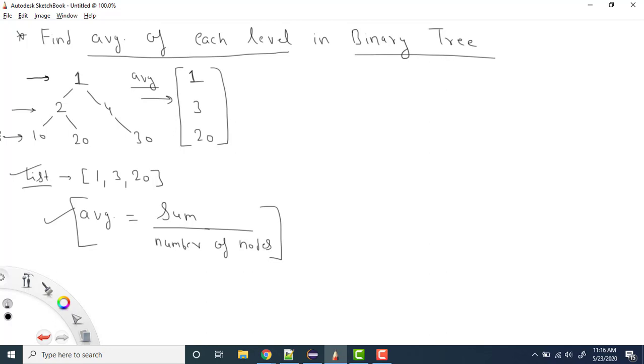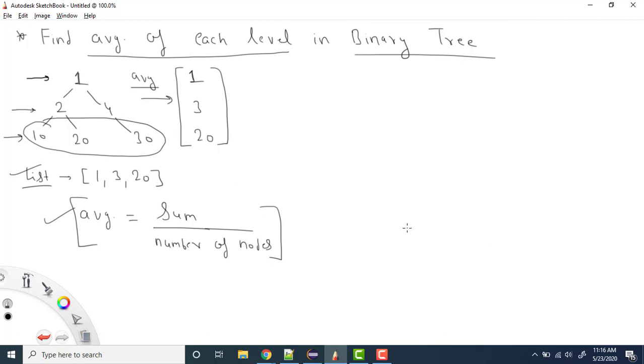Now the point is that if we need to find the average of each level, it means we need to find the sum of all the nodes present in a particular level. So if I'm finding the average of this level, I need to find the sum of the level, and I need to find the number of nodes or values present in this particular level.